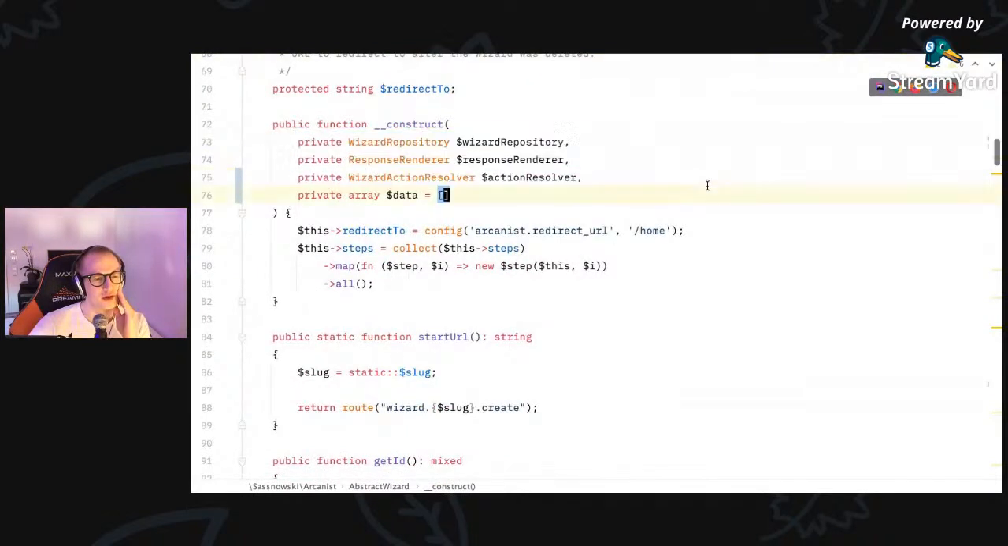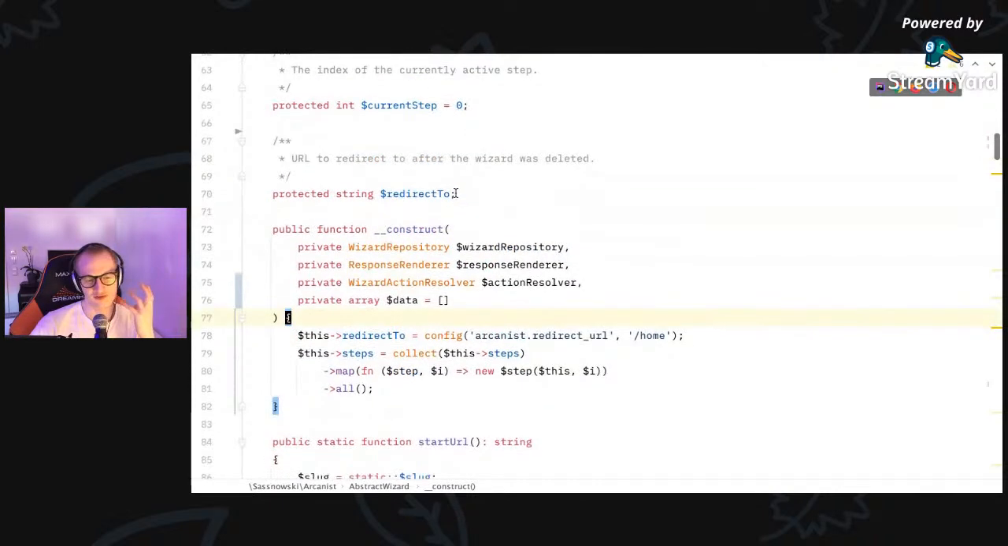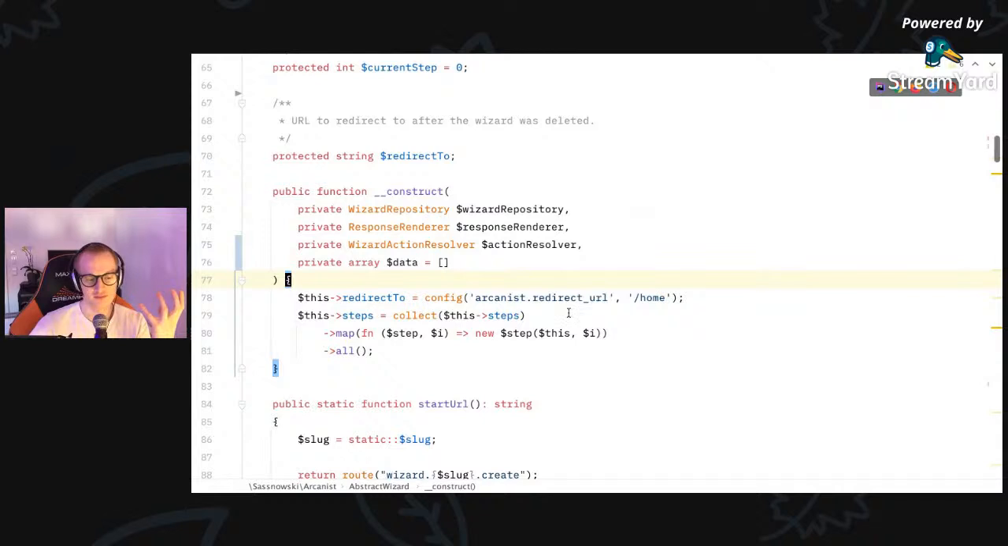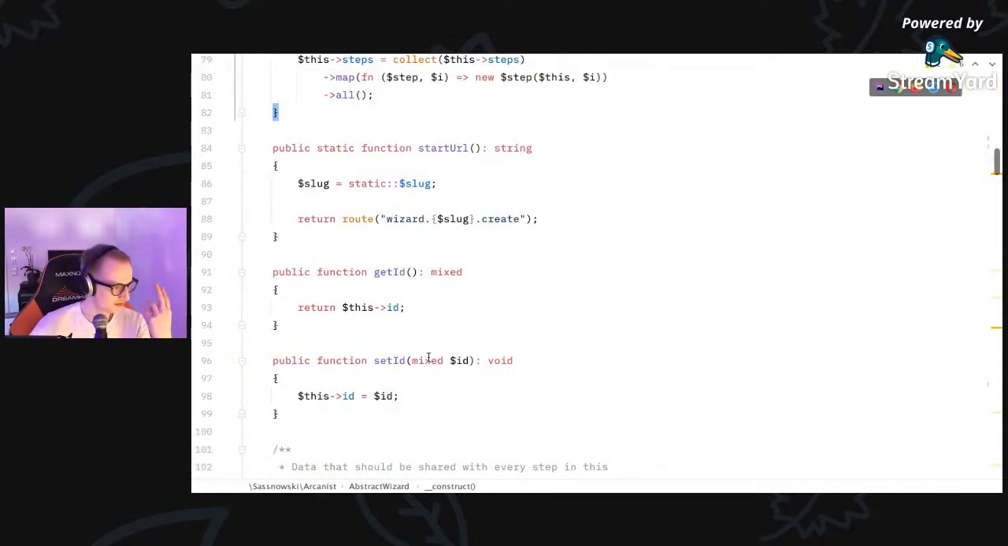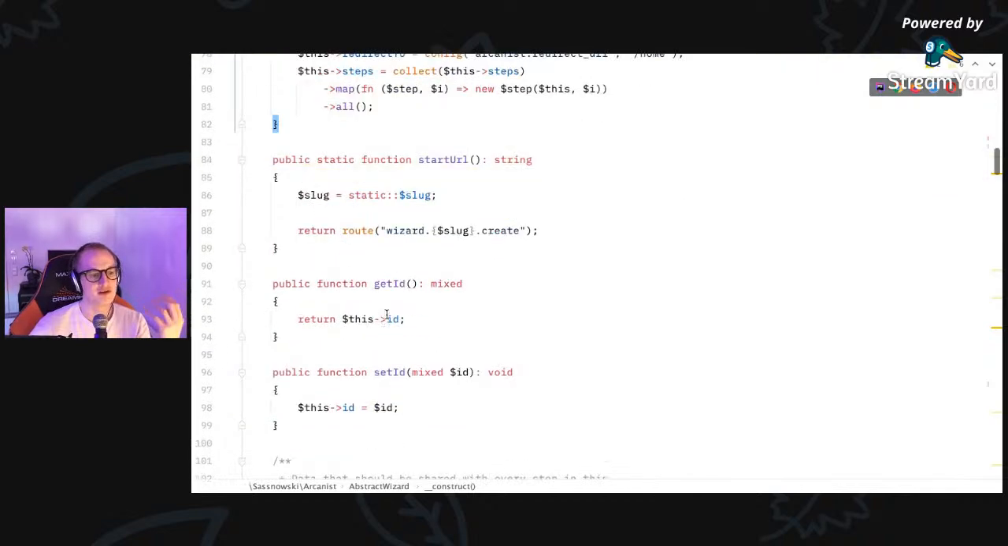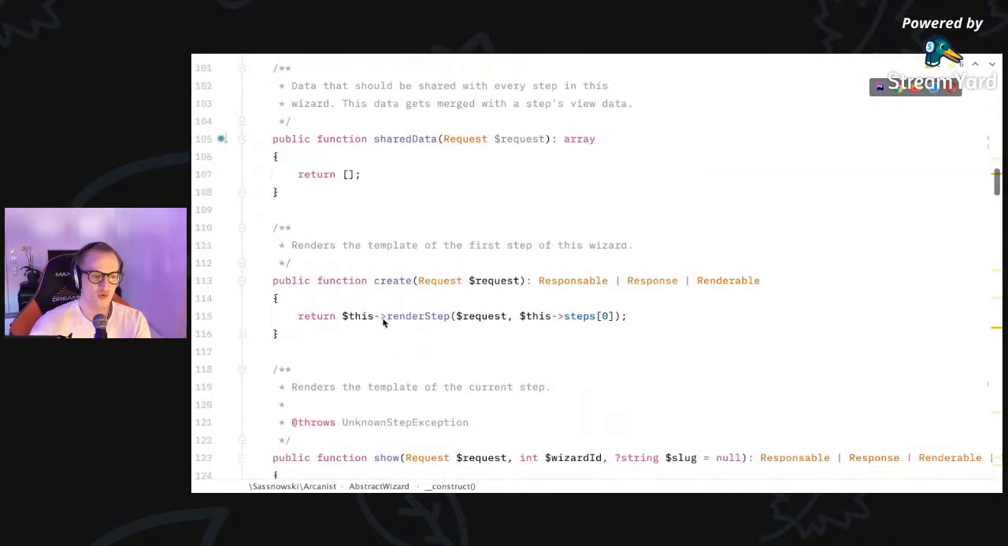Instead of all this crap. I just really dislike how stateful everything is right now. Because the wizard basically starts out in an invalid state when it gets constructed because it doesn't have an ID, it doesn't have data loaded. And then the first thing it does is it tries to like load itself,